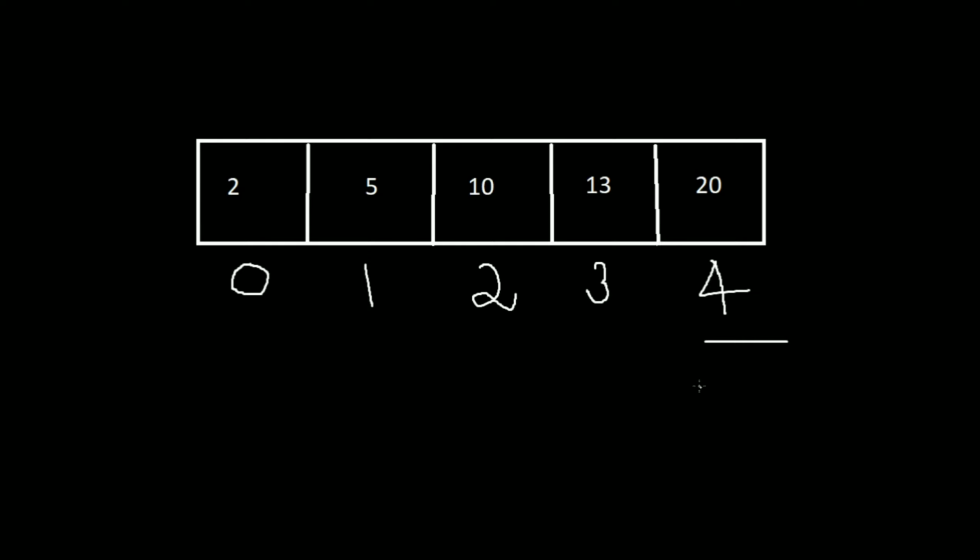So now both the first and last index will have the same value. So just find out the middle index of this. It will be 4 plus 4 by 2, right? Which will give you 4 as the answer. And we know that 20 is not equal to 14. And since this is the end of our array, we can confirm that 14 does not belong to this array. It's actually that simple.